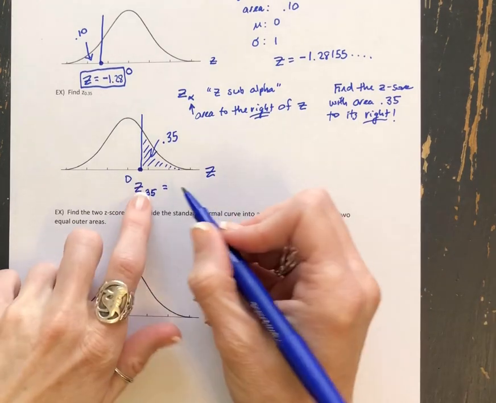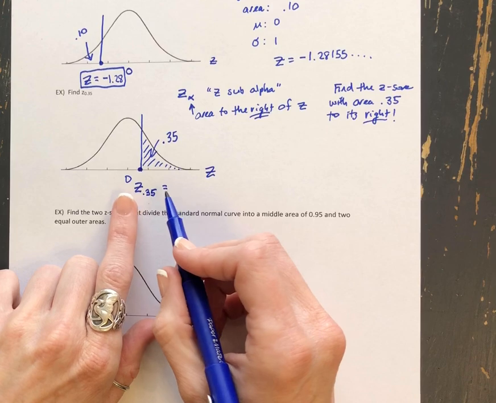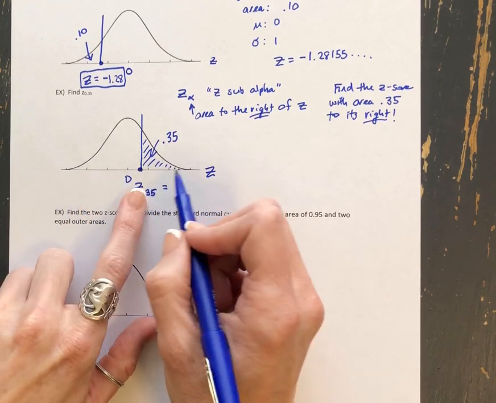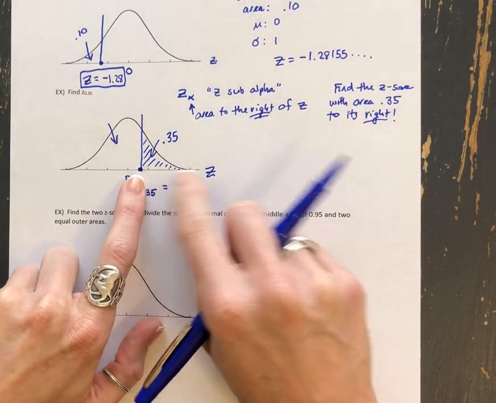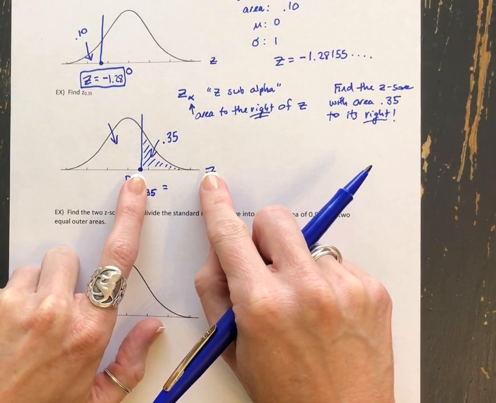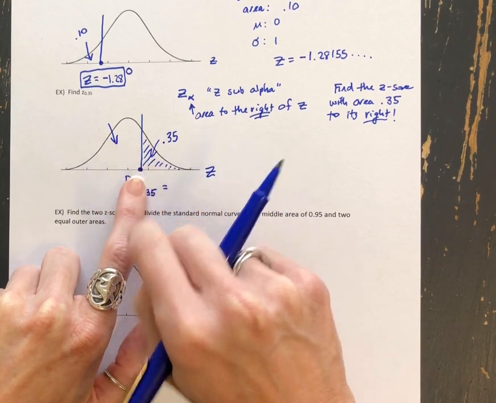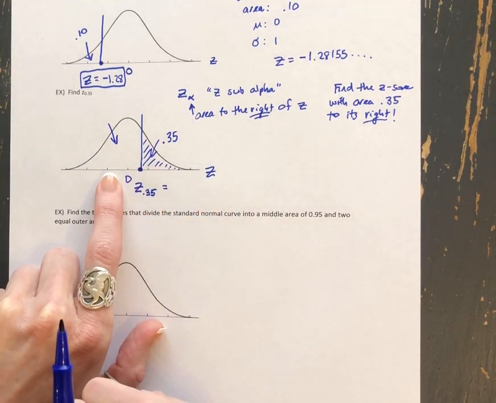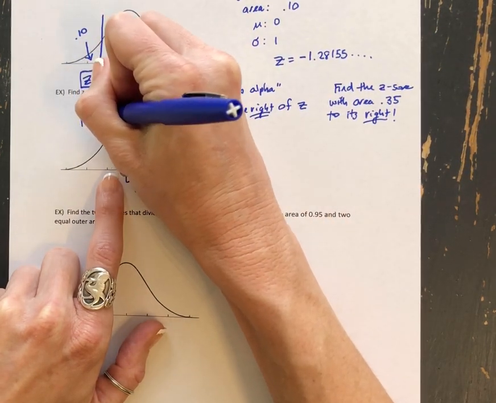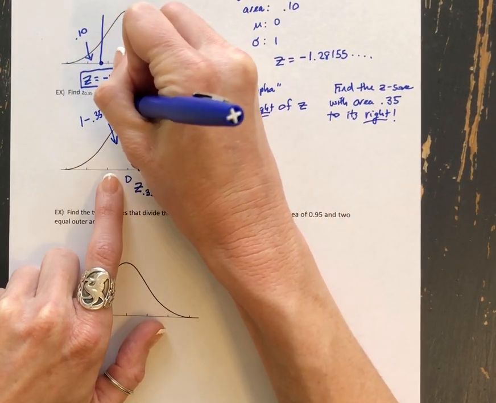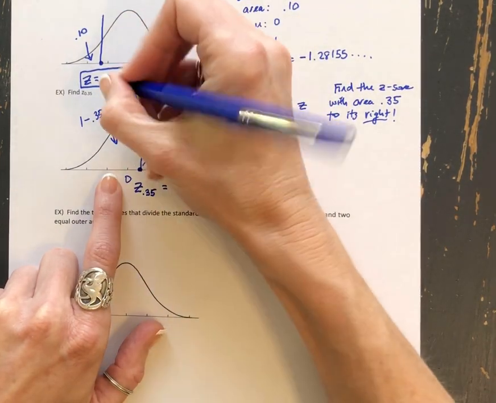Remember we said the way we have to enter this into the calculator is always as the area to the left. So the quick way to work around this is that if the area to the right of a value is 0.35, we know the total area under any distribution curve is 1. And so the area to the left would just be 1 minus the area to the right. So 1 minus 0.35 gives us